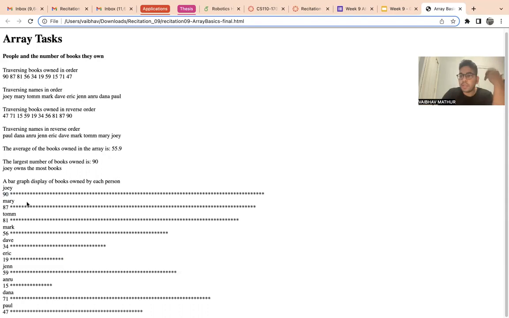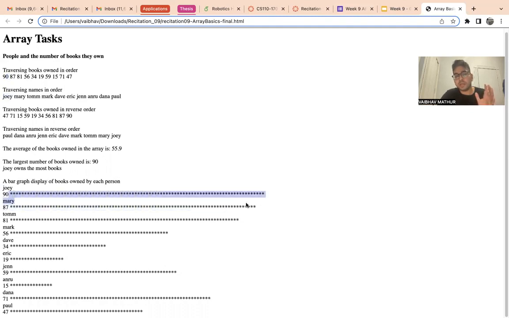And it's sort of a repetition, if you want to see. The concept here is nesting of loops. We had tables inside tables, lists inside lists. We can also have loops inside of loops, so counting inside of counting. Basically, what we want to do is go through both the arrays and do counting. Starting with Joey, on the first count there is Joey and 90 books,